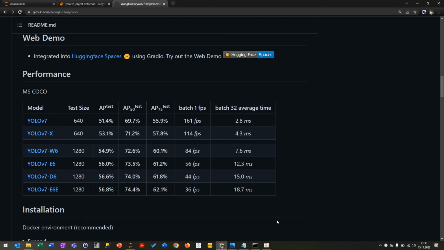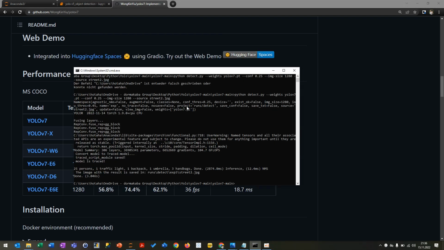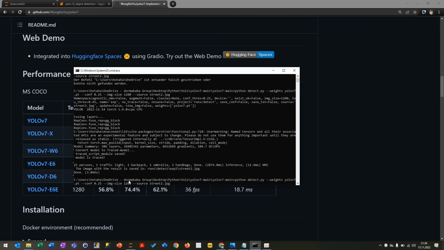And then what you basically do is you open the command, and then you are just hitting in this folder where the detect Python file is. You just go for Python detect